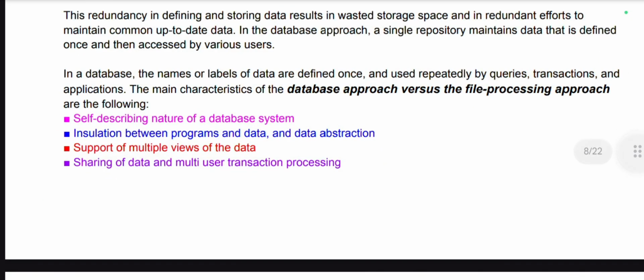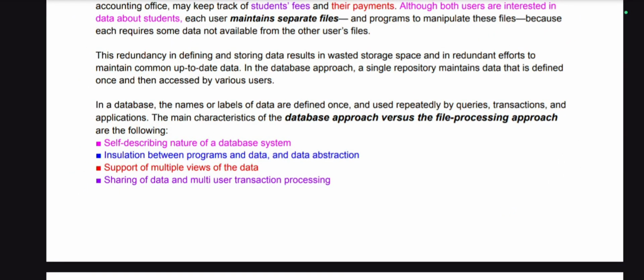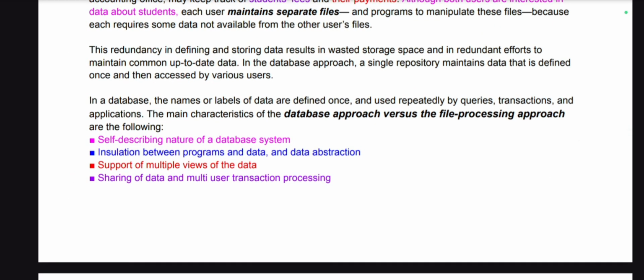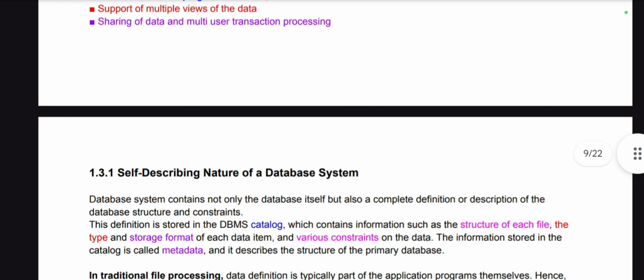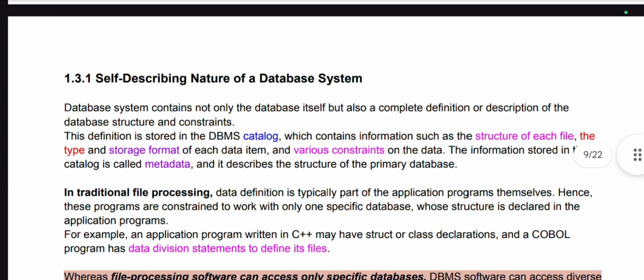First is the self-describing nature of the database system, then insulation between program and data abstraction, support of multiple views of data, sharing of data, and multi-user transaction processing. These are the four main characteristics of the database approach that make it efficient and make its processing faster than the file processing approach. In this lecture, I will continue from there and explain in detail